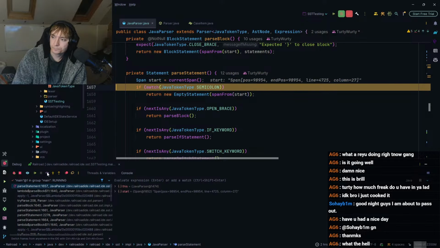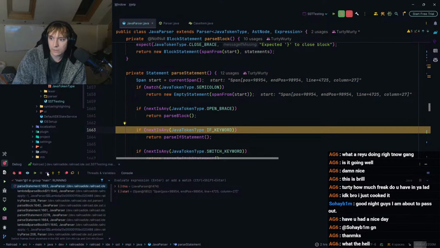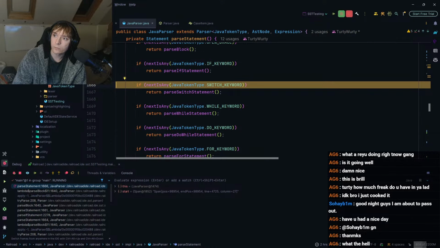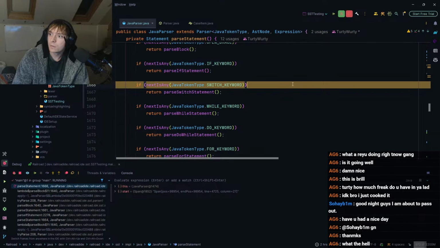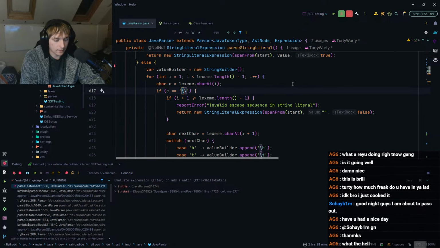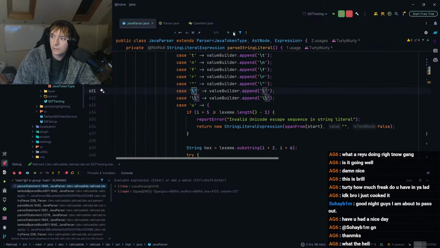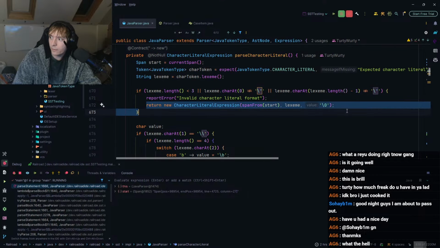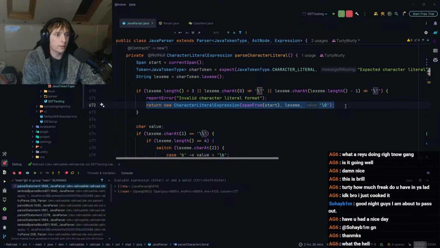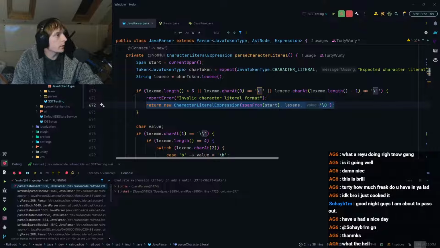So, we're not going to match a semicolon. We're not going to match any of these. What are we trying to match? We're trying to match return, right? So, let me just double check exactly what we're trying to match so that I know exactly what we are looking for. So, I'm going to take this, I'm going to plonk it in a notepad on my other monitor, so I can look at it and remember that that is what I'm looking for.